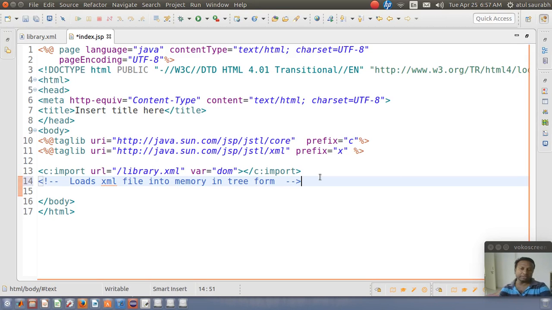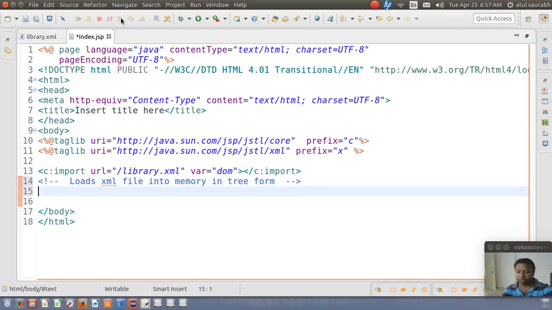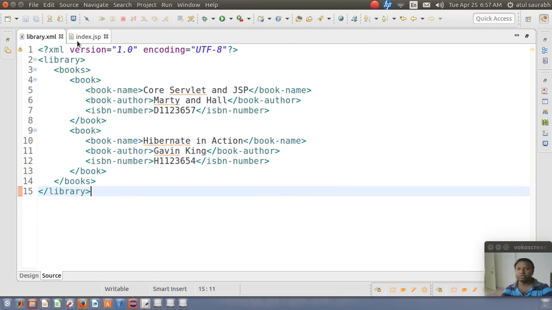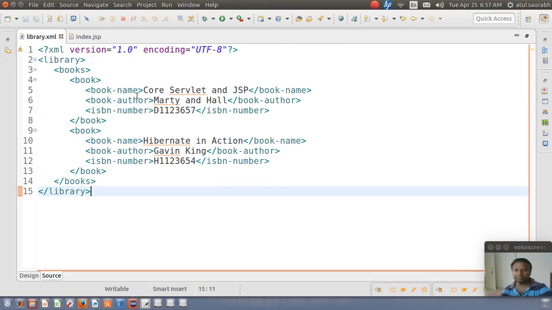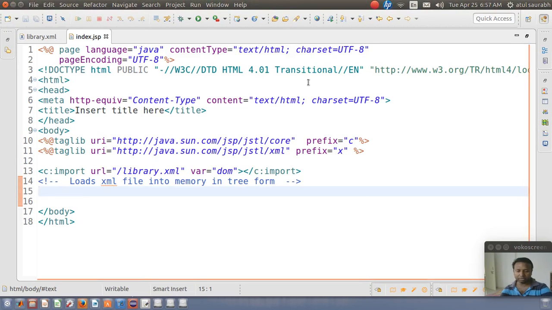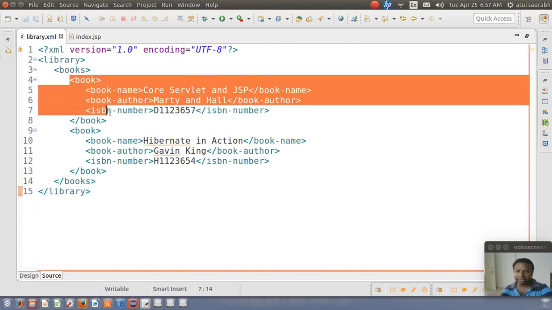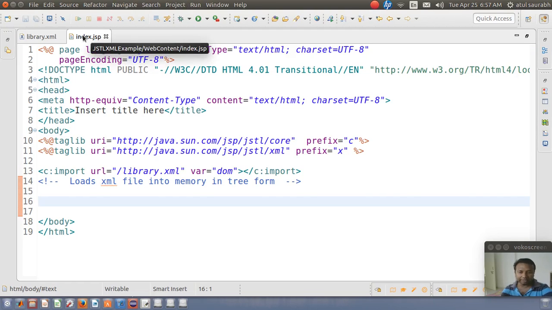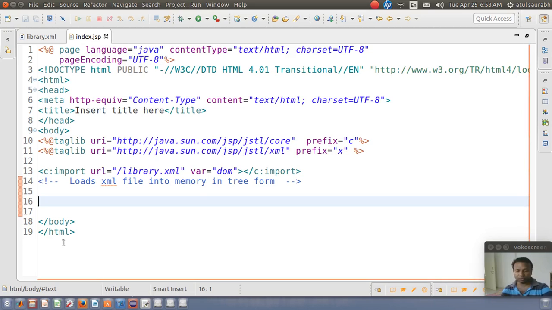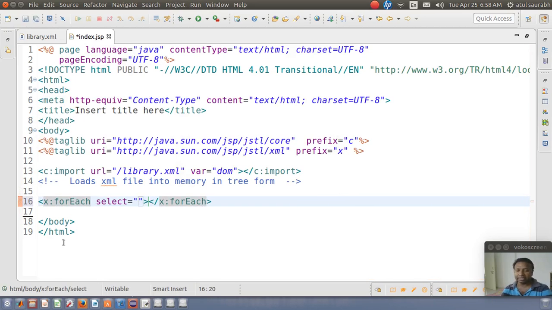So once it is pointed to, our interest is to find all the books. And obviously there is not one book available, there are 2 books available, so we need to iterate through some loops. So here we have x:forEach, and then the forEach,